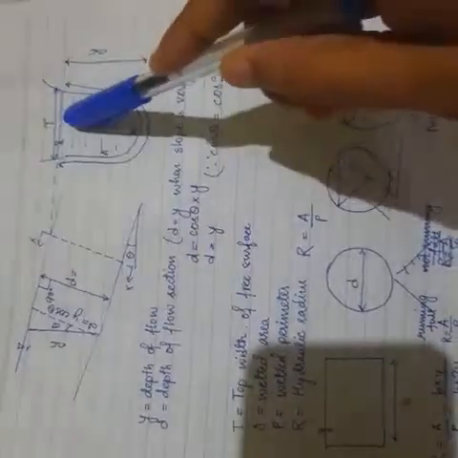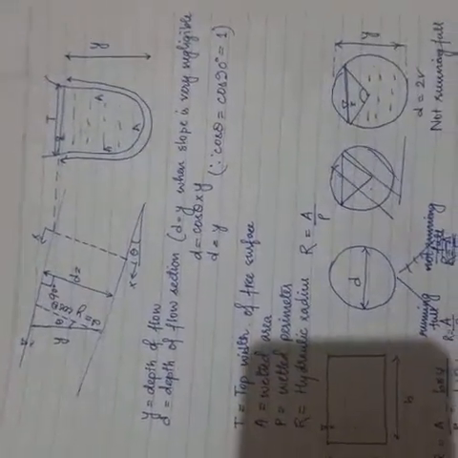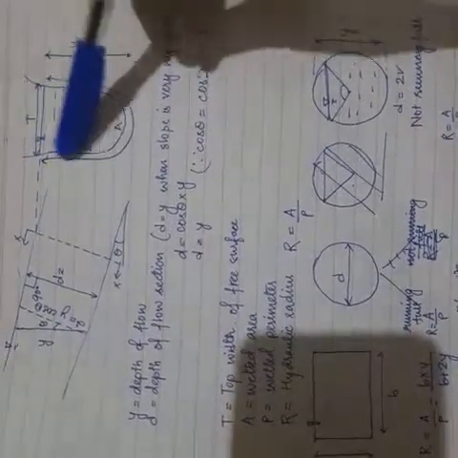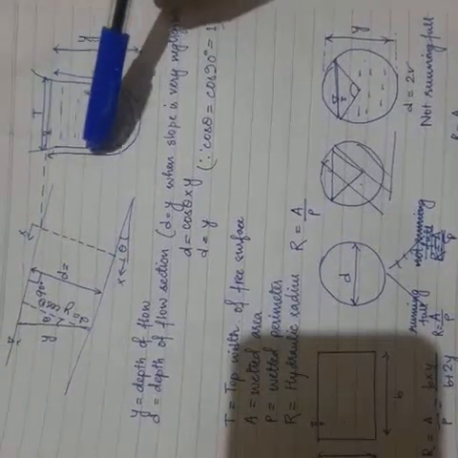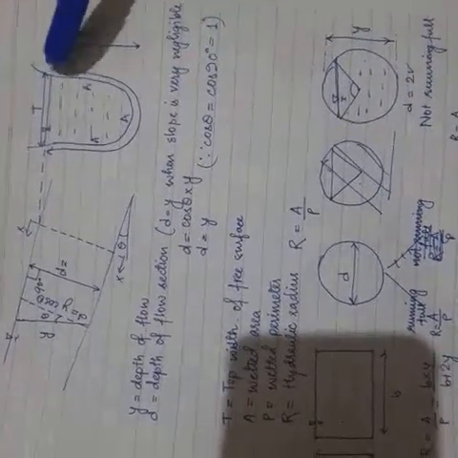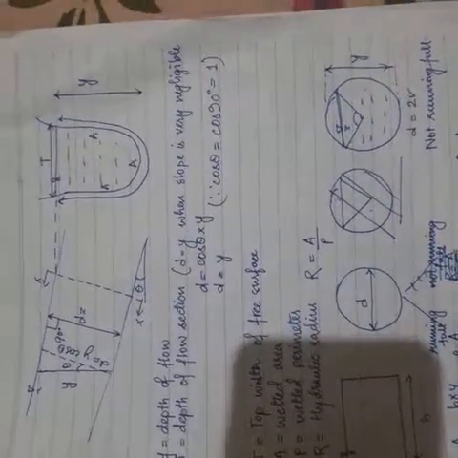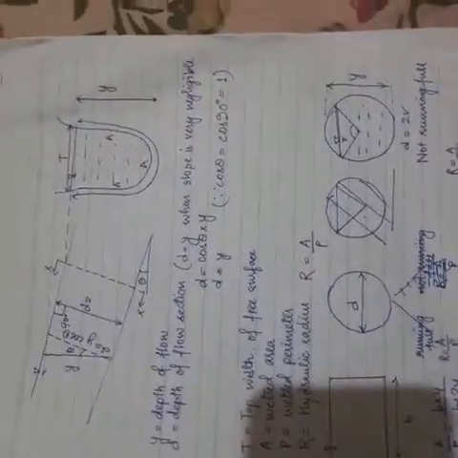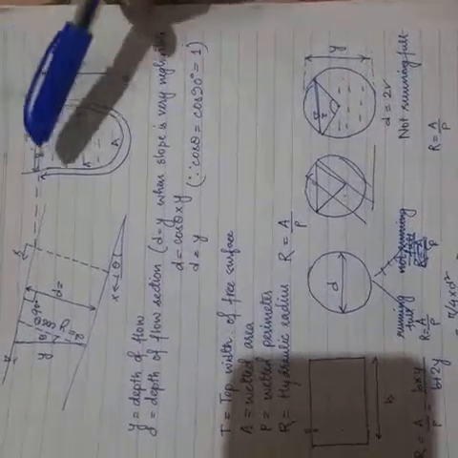Now this is just nomenclature. Here we are getting top width. Then there is the wetted area. Wetted area is actually the area of the cross section. And wetted perimeter is the perimeter in contact with the fluid. In case of the top surface, you see that this is exposed to atmosphere. So these are some nomenclature: wetted area, top width, then wetted perimeter.